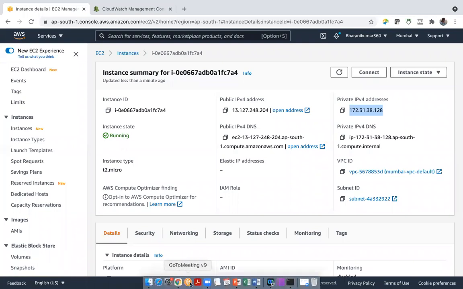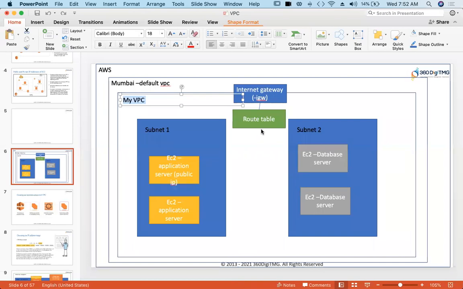Up to this, I think you guys are clear. Route table, internet gateway, subnetworks. I think these concepts are clear. Okay.